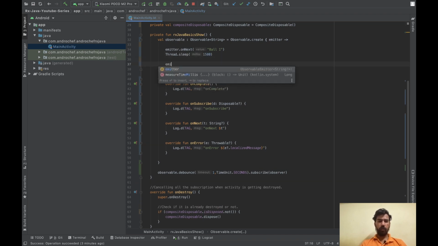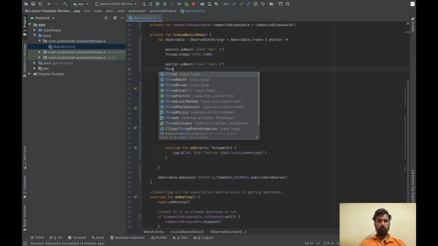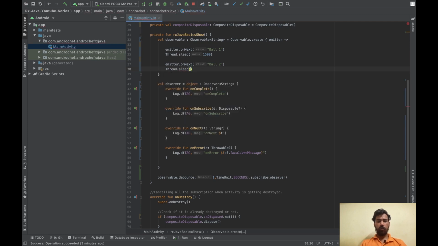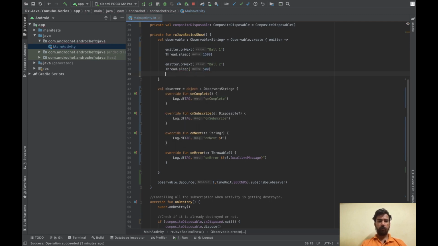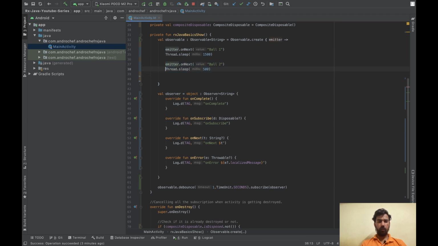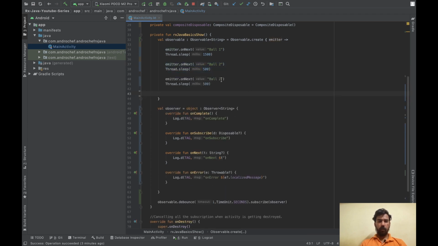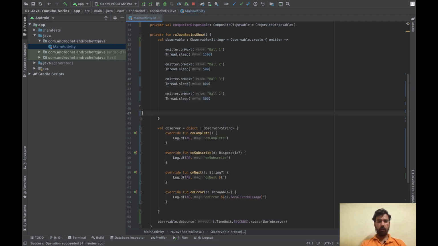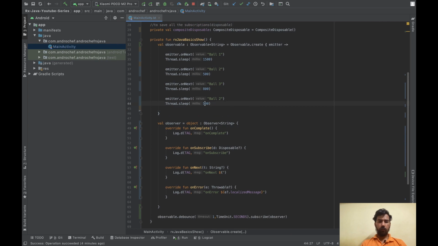Then we will throw our second ball and wait for, let's say, half a second. Then we will throw the third ball and wait for 0.8 seconds, and in the last one we will wait for 2 seconds and this will be thrown.